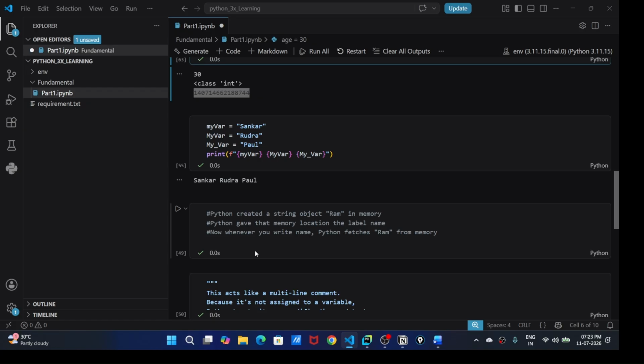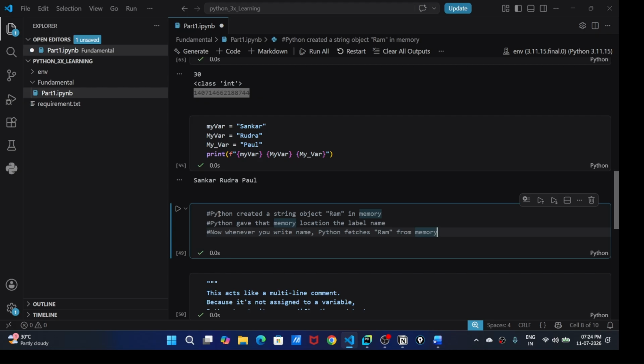A single-line comment uses the hash or pound key. Whenever we create a function, we have to mention what it performs, so the next person reading this code understands that this function performs this kind of operation. So this is how we use a comment. These are single-line comments.